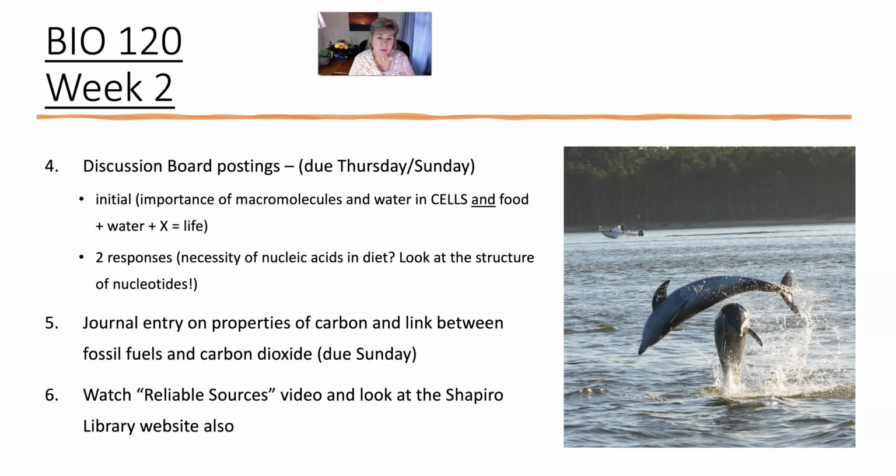Now, I do want to explain one thing. I found a lot of confusion last term about what carbon dioxide, excessive carbon dioxide, does in the atmosphere. It does not open up holes in the ozone layer. I wish I knew how many students have said that. No, that's not what it does. It bounces back down heat that's radiated off the Earth's surface, so it creates global warming. It does not create holes in the ozone.